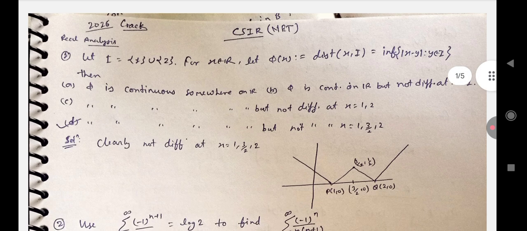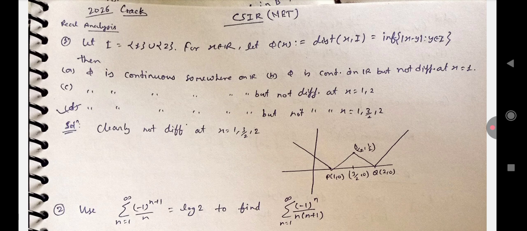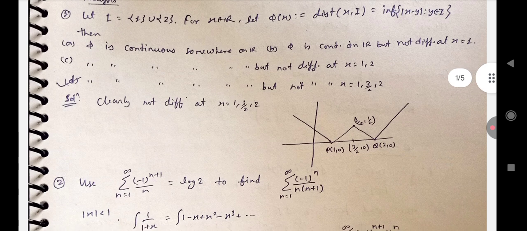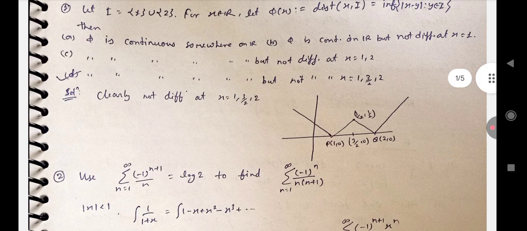So first question is, we have given a set I which is singleton 1 union singleton 2, for x belongs to real number. Let phi x be a function defined as infimum of mod of x minus y, where y belongs to I and x belongs to real number. Then which option is correct? We have options: phi is continuous somewhere on R, phi is continuous in R but not differentiable at x equal to 1, and phi is continuous somewhere on R but not differentiable at x equal to 1, 2,